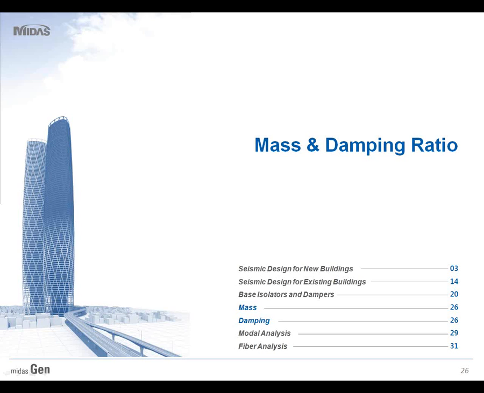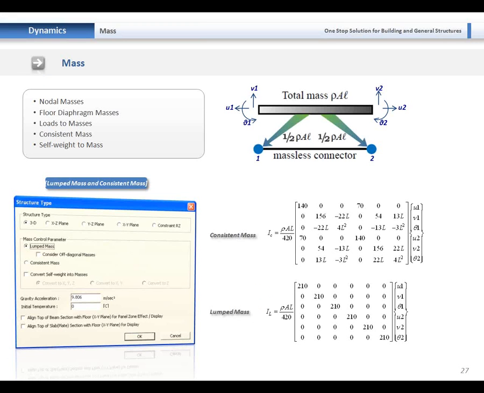Okay, let's move to the mass and damping ratio. MIDAS provides various functions to define the mass. For the mass, we provide the nodal mass, floor diaphragm mass, load to mass, consistent mass, and self-weight to mass. Generally, if we go to the structure type dialog box, we can select between the lumped mass